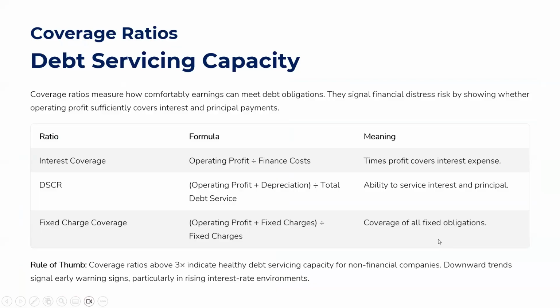Now let's look at our coverage ratios. When we're talking about coverage, we're looking at the debt serving capacity. Our coverage ratio measures how comfortable